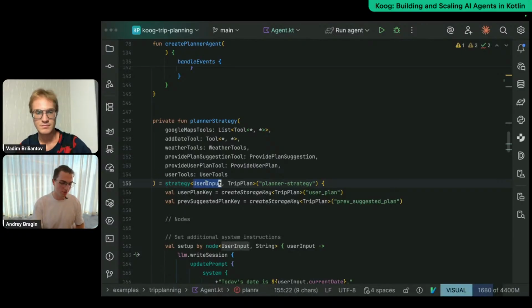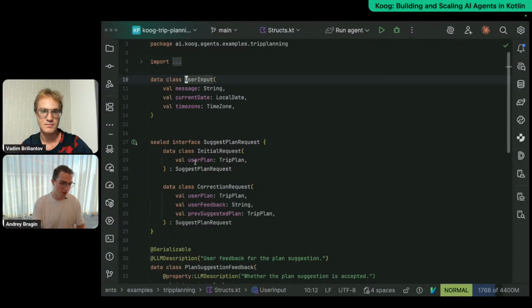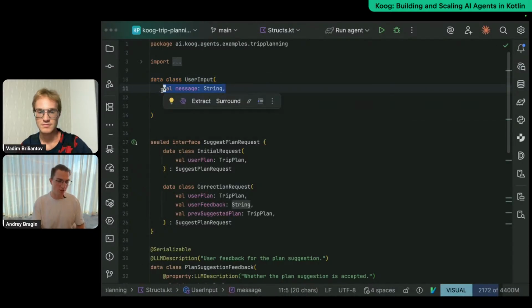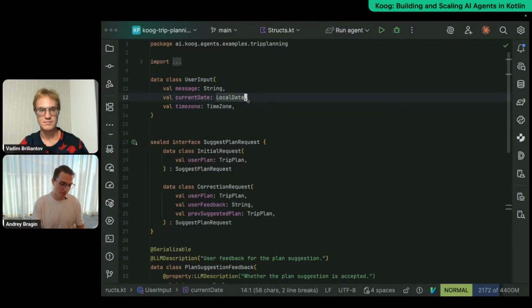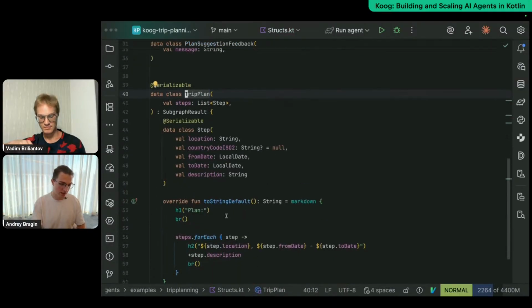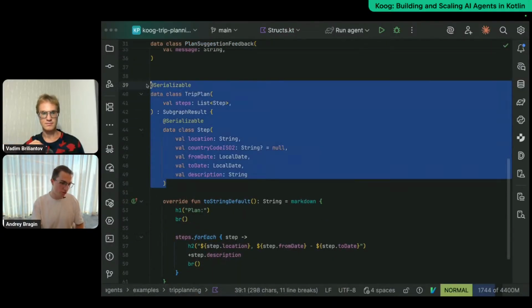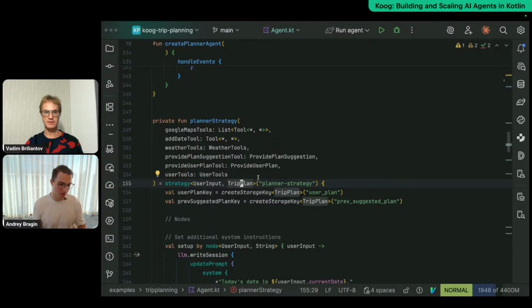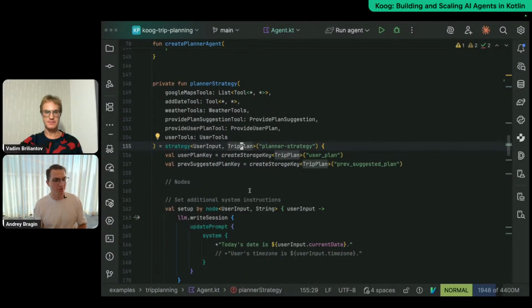So that's why I'm using a user input data class here as an input. It's basically the message from the user, some additional parameters like current date and the user time zone. And as an output of this strategy, I'd like to get a tree plan class with all the steps and with all the suggestions. So just using the power of the custom inputs and outputs to get not just a string, but a typed